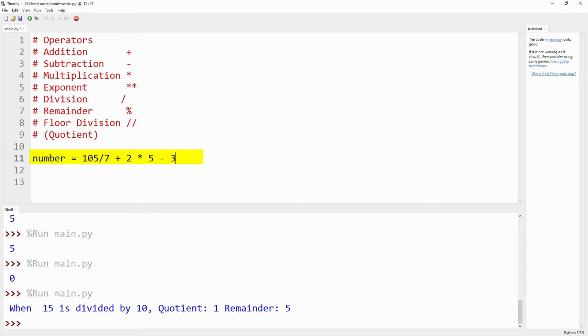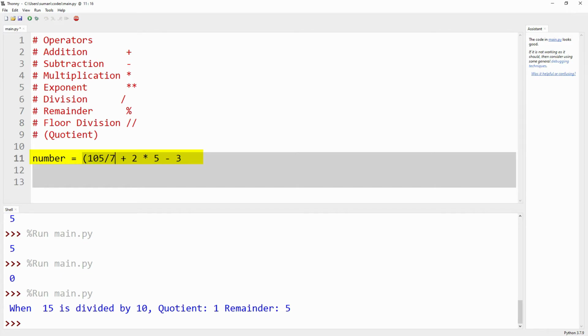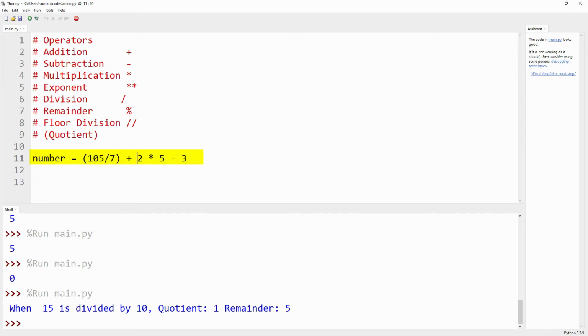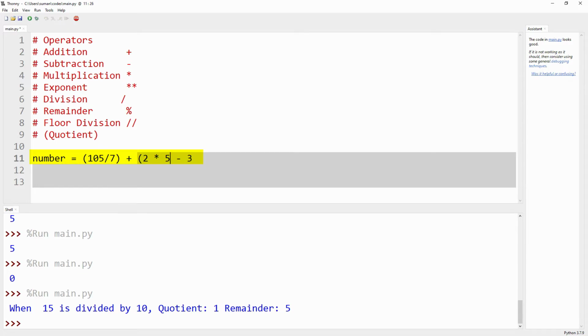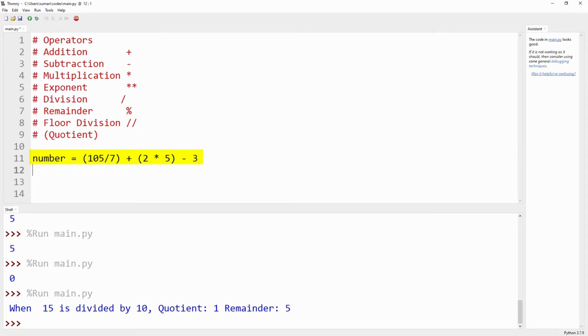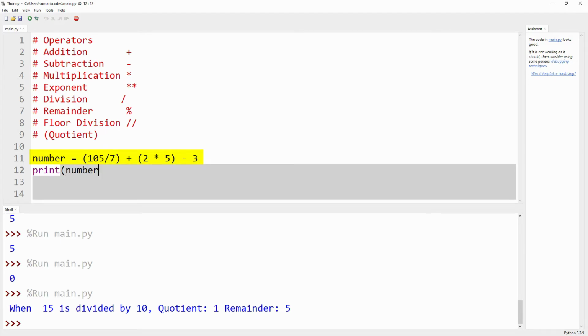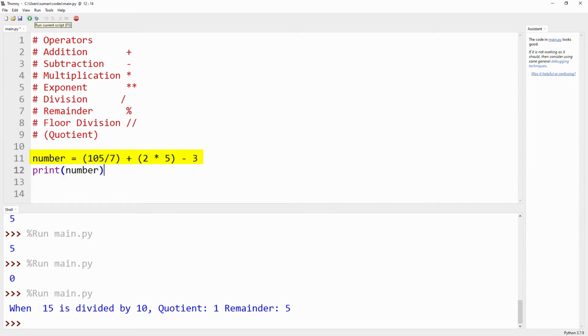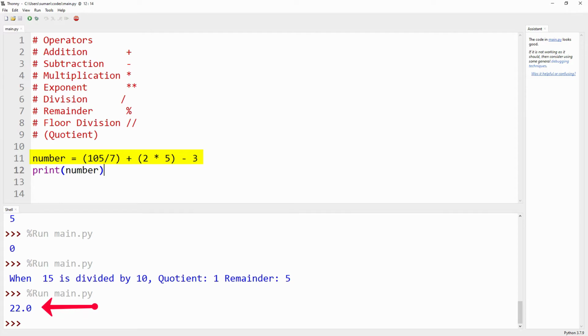So using the BODMAS rule, it would be better we can use the brackets. So we can wrap up the parenthesis here, and we can write down the statement in that way. So that would be a better understanding. So if we want to print out the number, or get the output, we are getting the result as 22.